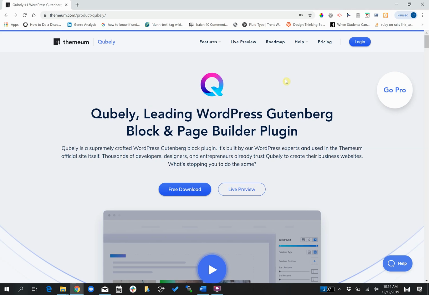All right. So I'm excited. Today, we're going to do something new for this channel that we haven't done before. We're going to do a plugin review for a WordPress plugin. So we're going to do a plugin review for the Qubely block plugin, Gutenberg block plugin, and it's really,